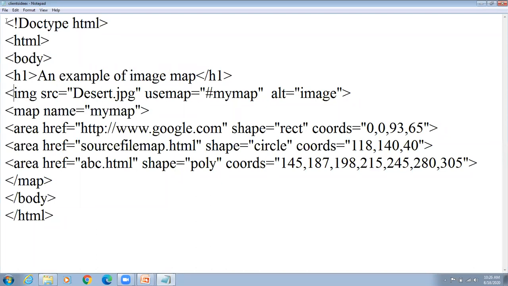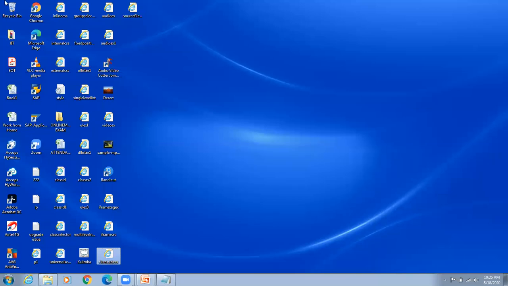Now, very important, use the img tag. What is the source of that img tag? desert.jpg. Where is this desert image present? Here on the desktop, my file is here and you can see the desert image on screen. And the item type is showing JPEG image.